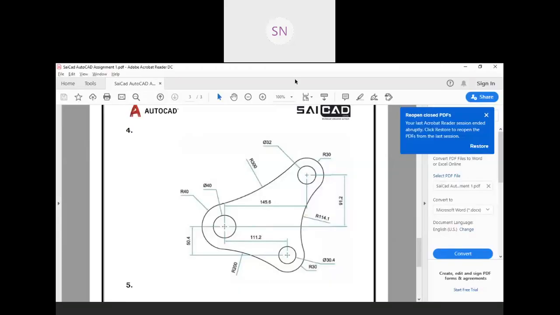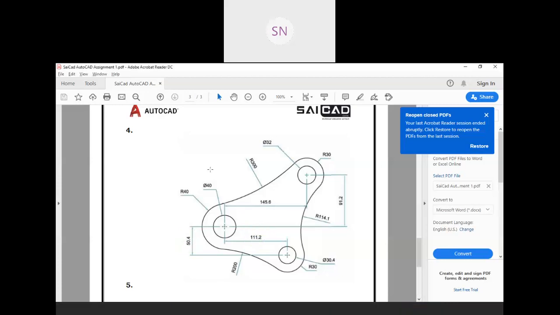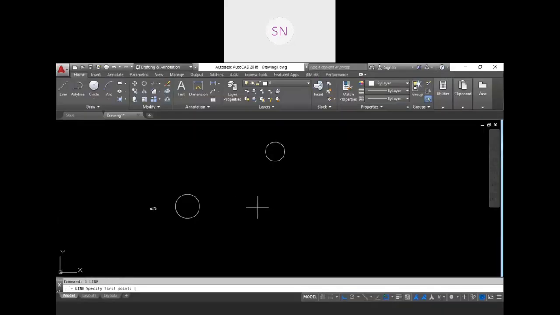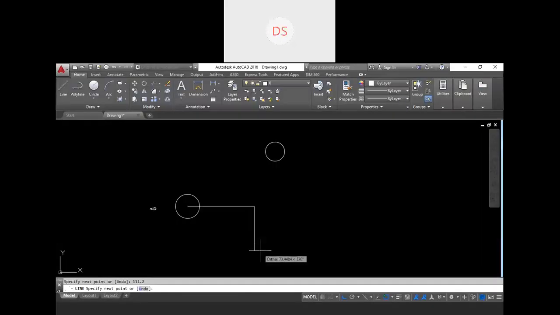Similarly we will do for this next circle. So here we have horizontal position 111.2 and a vertical position 50.4. So line first from the center point 111.2, then vertically 50.4, enter.